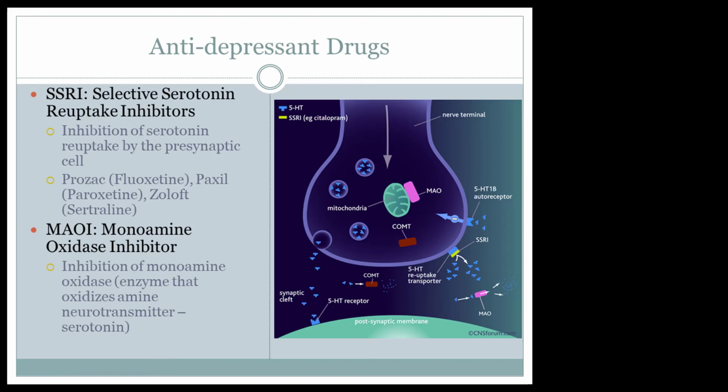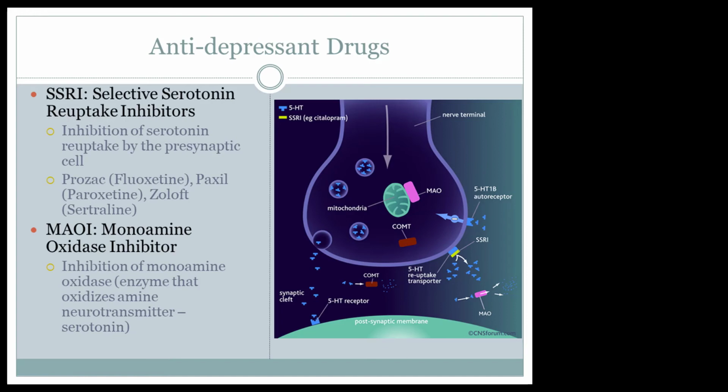So the first thing you can see on here is what happens when you get serotonin released into the synaptic cleft. We have serotonin that's released, it binds to a receptor, and then once that serotonin is out in the synaptic cleft, it can get taken back up through what's called an autoreceptor that shuttles serotonin back into this presynaptic neuron. Well, in people that have depression,